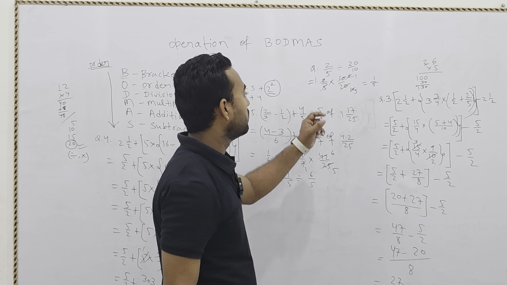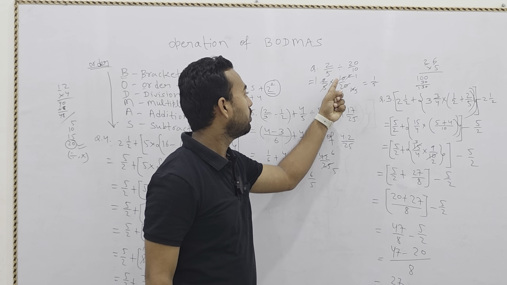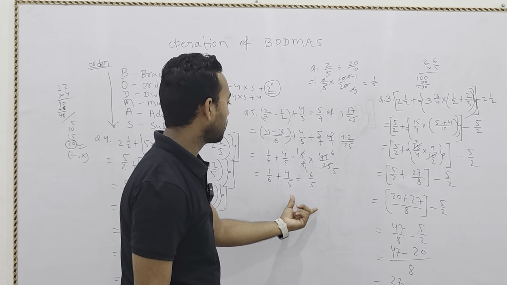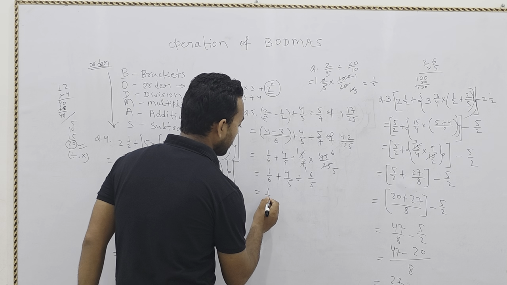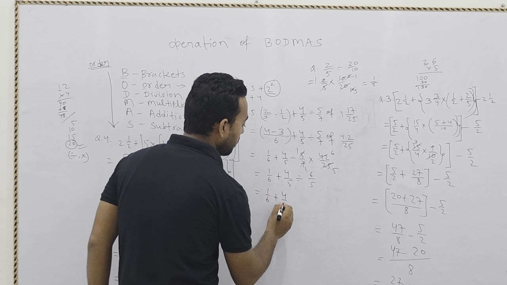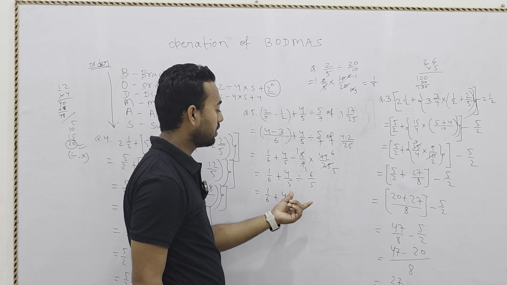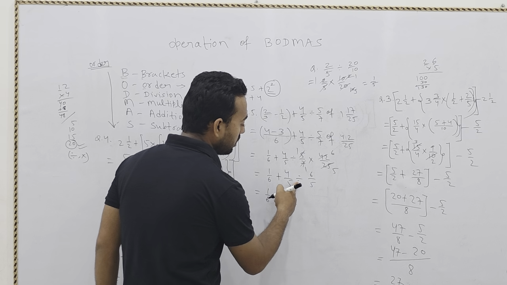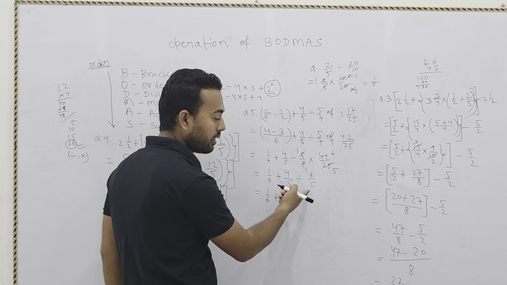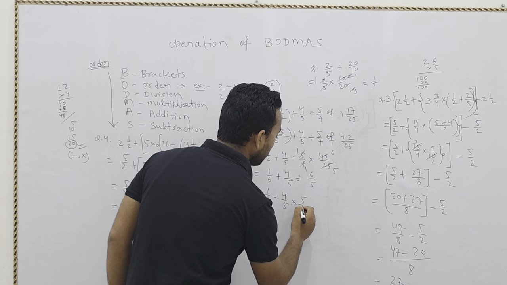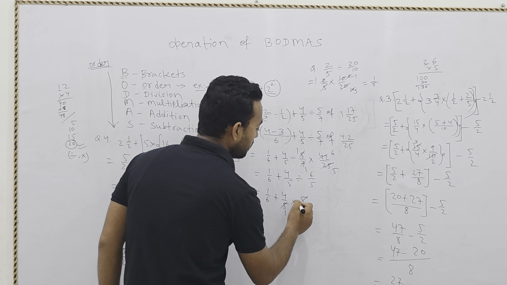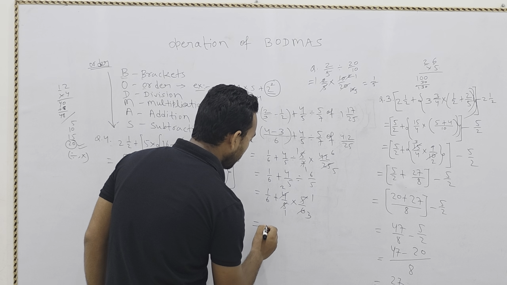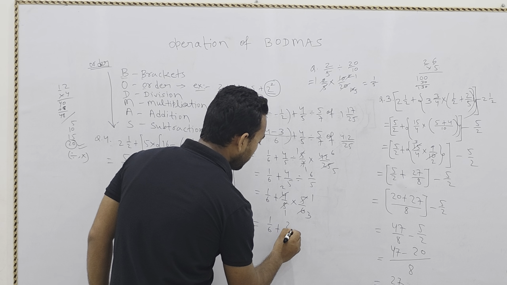What we have to know, जब हम लोग ये डिवाइड को मल्टीप्लाई में कन्वर्ट करेंगे, नीचे वाला ऊपर एंड ऊपर वाला नीचे. So here a similar question is there. Here 1 by 6 as it is, then 4 by 5. Here in divide we can't cancel. डिवाइड में हम लोग काट नहीं सकते, इसलिए डिवाइड को हम लोग क्या करेंगे, मल्टीप्लाई करेंगे. तो डिवाइड को जब मल्टीप्लाई लिखेंगे तो जो डिनोमिनेटर है वो न्यूमरेटर के जगह जाएगा. तो here 5 by 6, then 5 1 ja, 5 1 ja cancel out. 2 के टेबल में 2 बार में, ये 3 बार में. And here what we will get here: 1 by 6 plus 2 by 3.